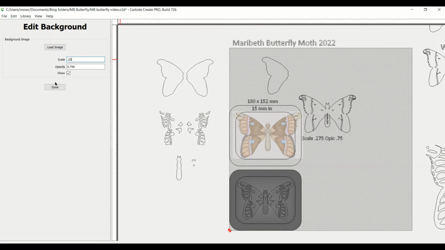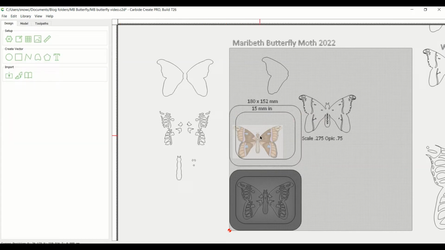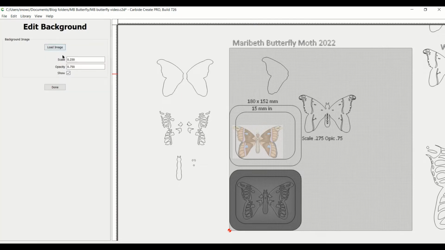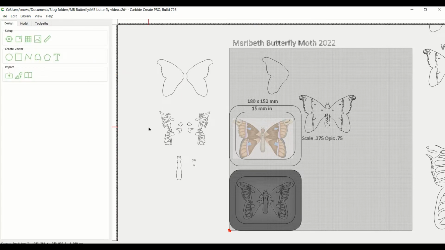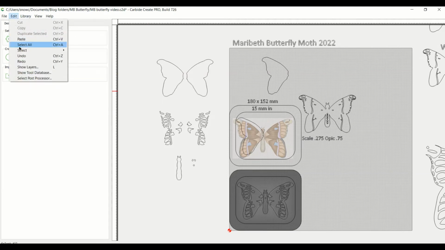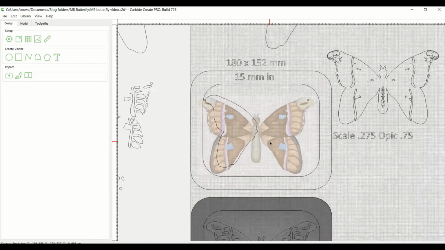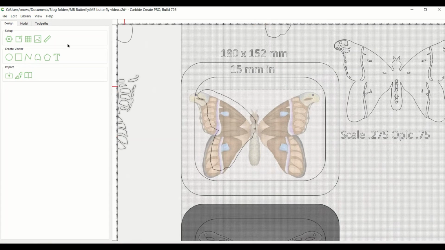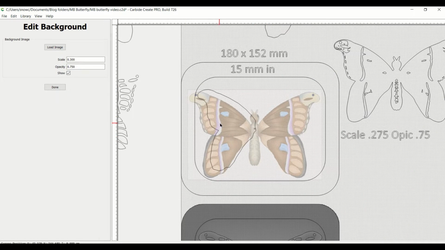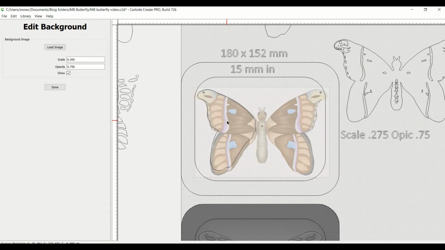0.25, too small, 0.3. So you play around with that till you get it like you like it. And if you're like me, you'll just go undo, undo, which it's not doing. So here we go. Let's see if we've got, we'll move the background image again, and we'll see if we can line it up with our other,